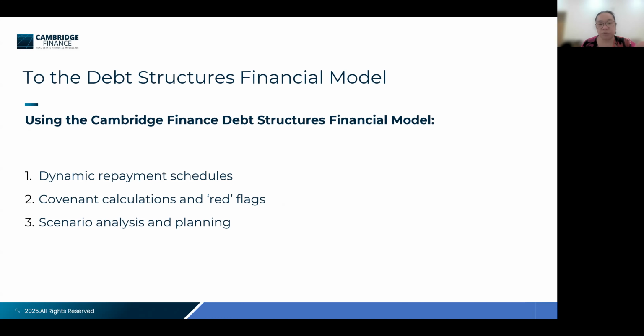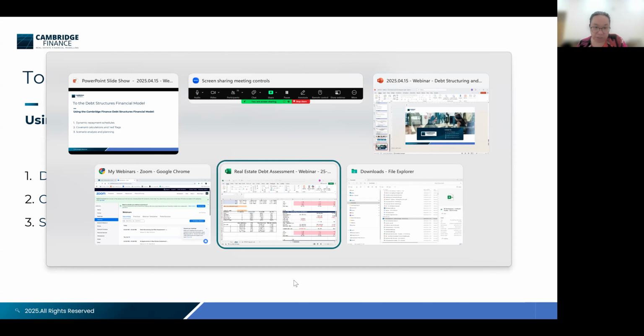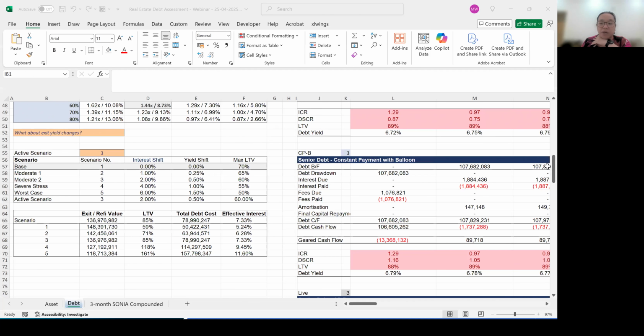So looking at those scenarios, what is going to be your optimal capital stack, what kind of risk you're going to take, and so on and so forth. Okay, so without further ado, let's look at our financial model, so we can take a look at the decisions we can make regarding